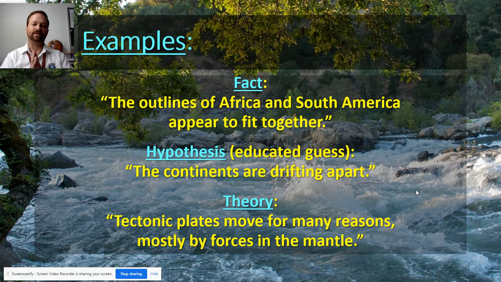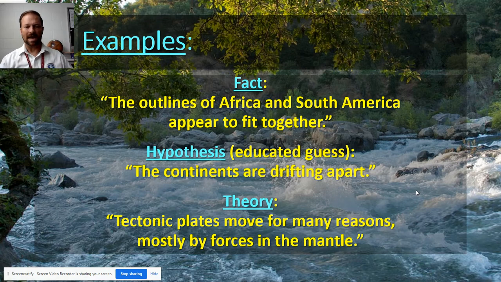Here's some examples of what we talked about. Fact. The outline of Africa and South America look like they fit together, like pieces of a puzzle. Anybody can look at a map and go, yeah, I see how Africa and South America can fit together like that and perfectly match. Pretty close. The educated guess as to why that is came from a guy named Wegener, who in the 1930s